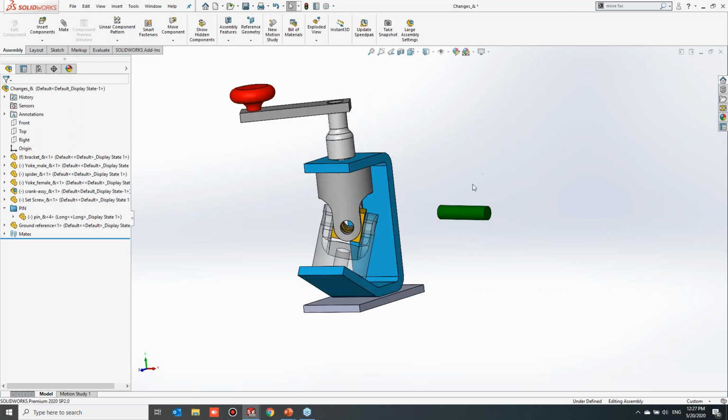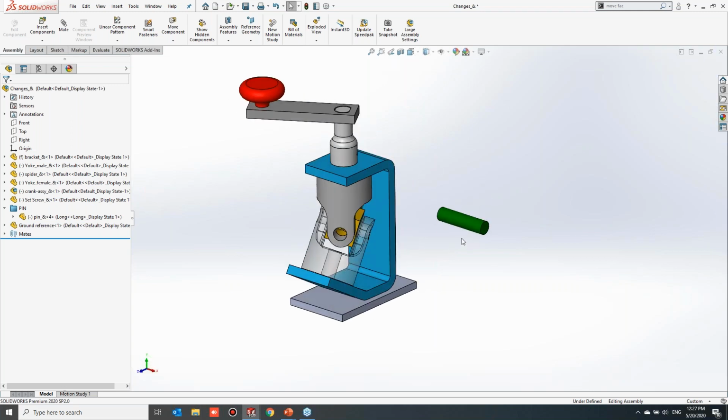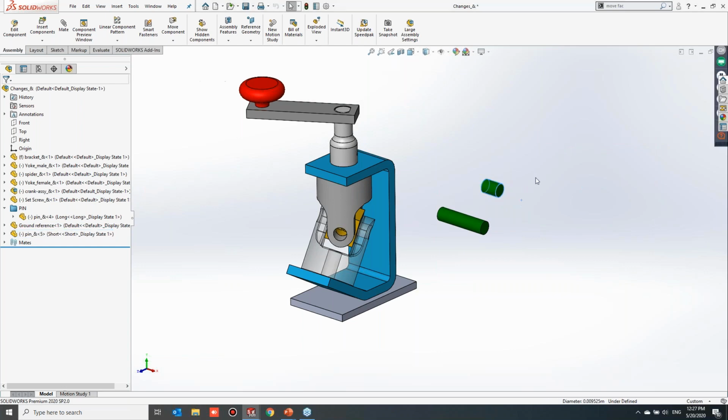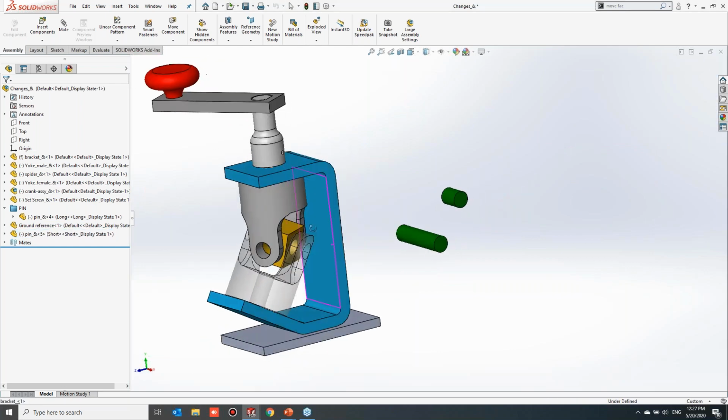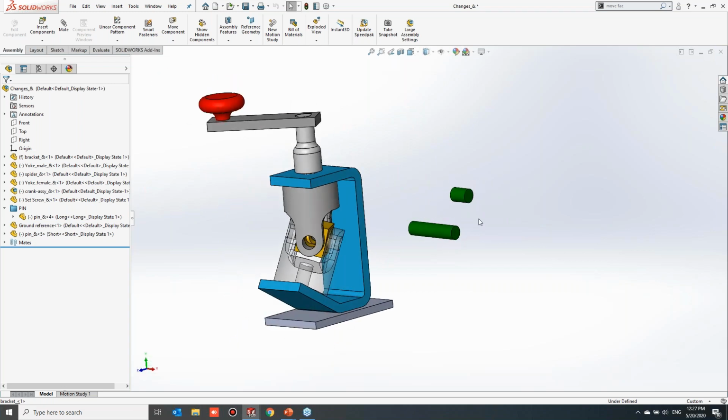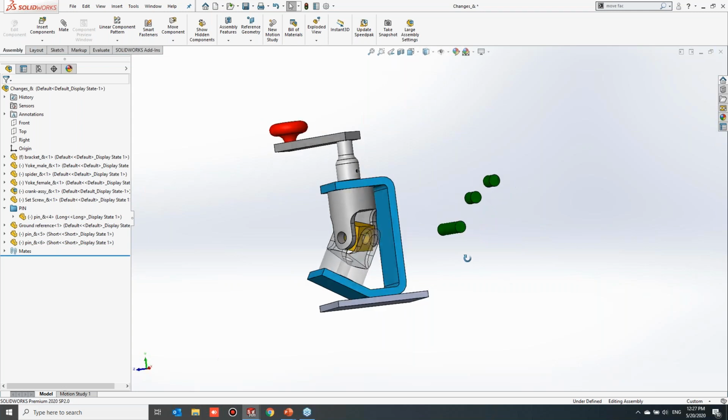So I can make use of copy components by Control and dragging the component. You will have the copy of the component. Control drag, and you can also change the configuration. Select the component and make the selections. I need 1 long pin and 2 short pins. So again, by holding the Control key, I can copy 1 more component.